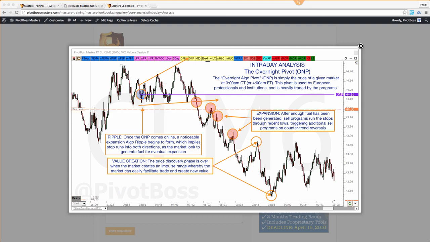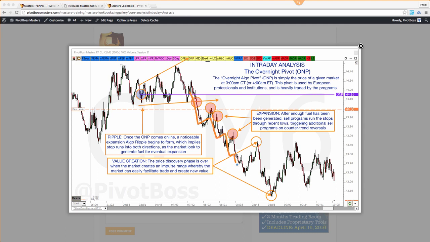This goes back to the point, for some of you that have been with me a long time, we talked about the opening range, for example, the opening 30-minute range of the market. There's an opening range for the overnight pivot as well. And if there's a 30-minute opening range that creates around the pivot, or maybe even an hour, watching for breakouts from that range could be very, very fruitful, because eventually you see this type of move.